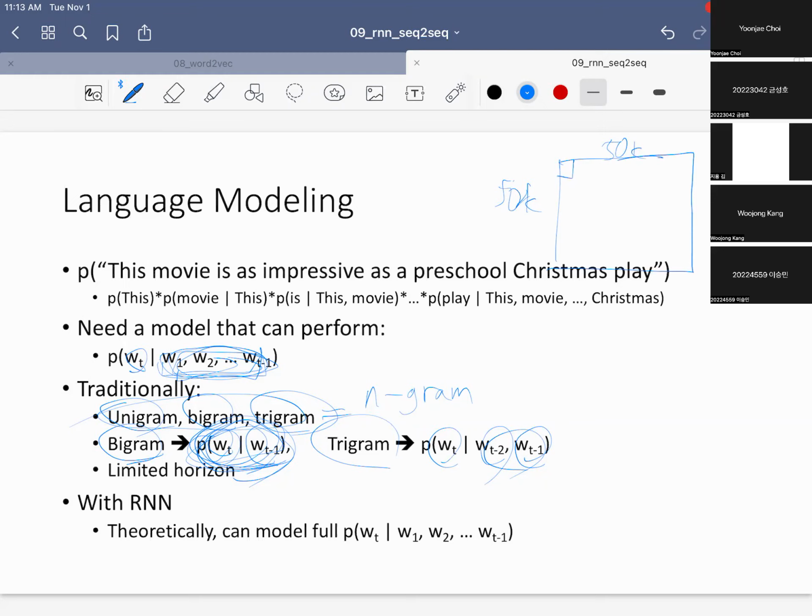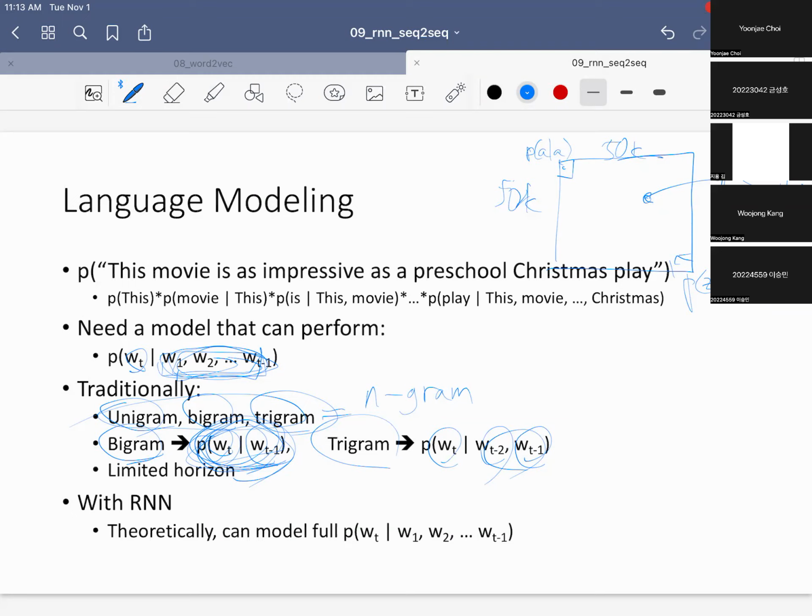And your first entry is, what is P of A given A? And your last one is, what is P of ZZZ given ZZZ? And then anywhere here would be like, what is the probability of, like, right here, movie given this. So you're looking at all the English sentences, like Wikipedia or news articles